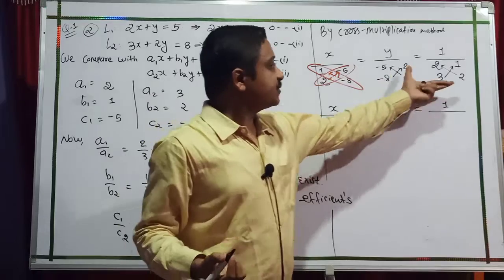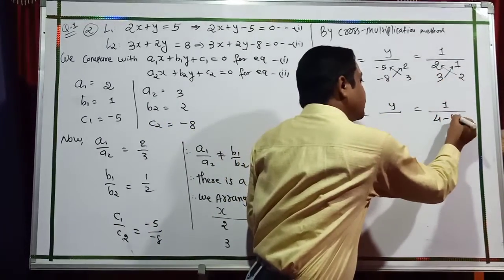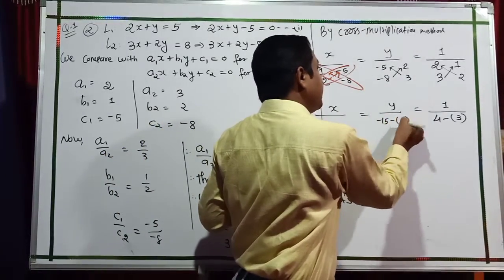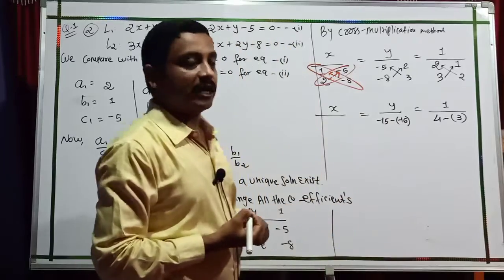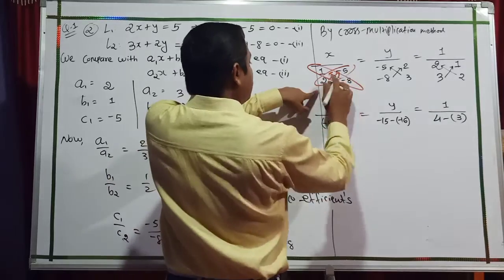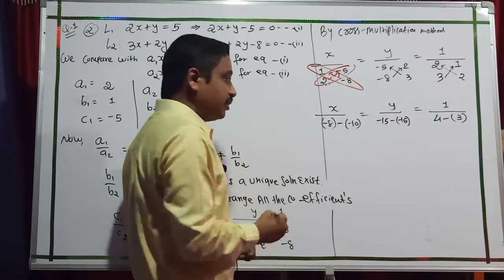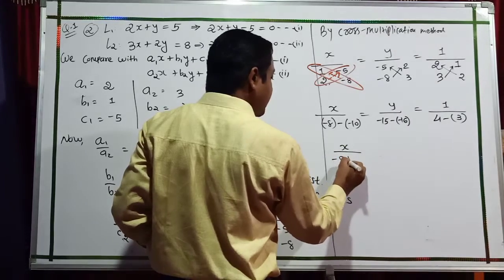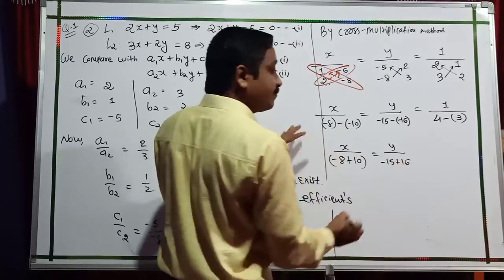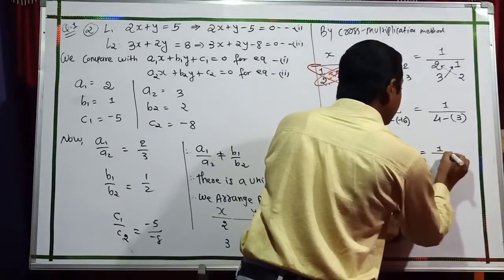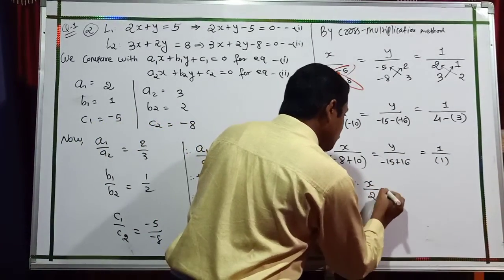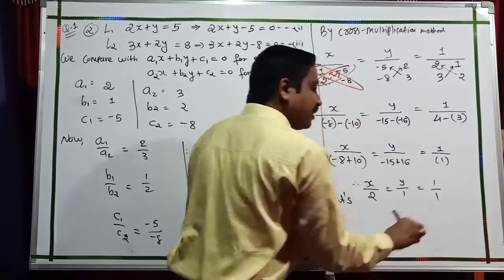So students, here multiply first the principal diagonal: 2 2s are 4, minus compulsory, 3 1s are 3. Same here, 5 3s are 15, minus compulsory, 8 2s are 16. And last, 8 1s are 8, means minus 8. Minus compulsory, 5 2s are 10, but minus 10. It means what you get? Minus 8 plus 10. Here, minus 15 plus 16. And last, 1 by 1. So how many? 10 minus 8? Yes, it is 2. Here 1, and here 1 by 1.